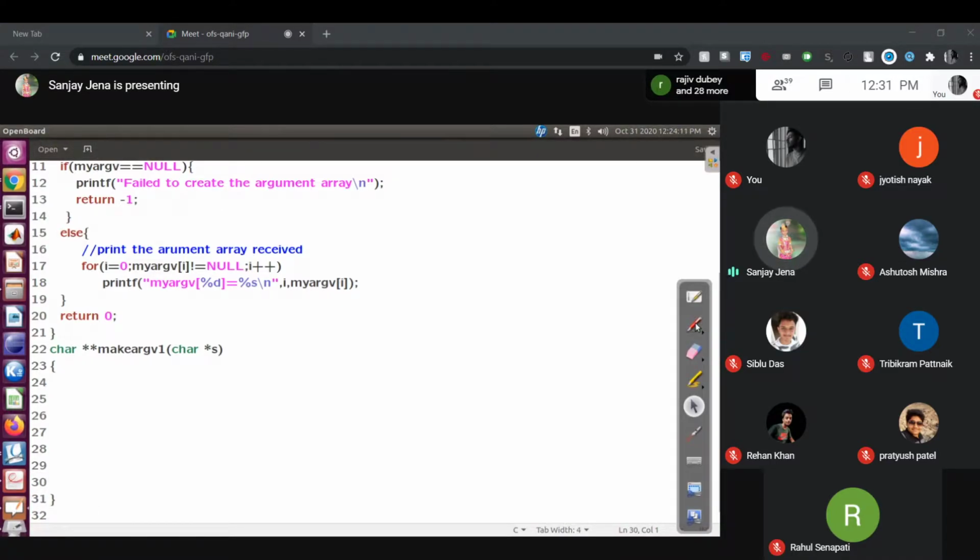Let us add the idea. Only write the procedure. How to write: already the string is here in the function. This is your string, whatever you have passed. Okay. First step. Step number 1: because you are tokenizing, meaning splitting the string into pieces, the original string will be changed. Then make a copy of the string.